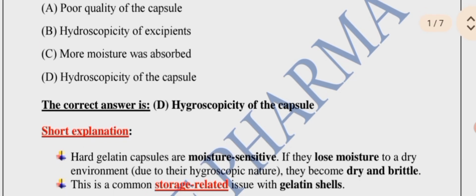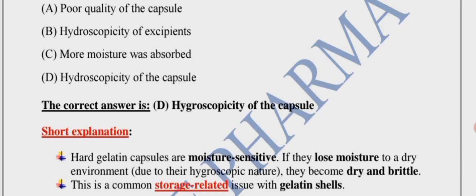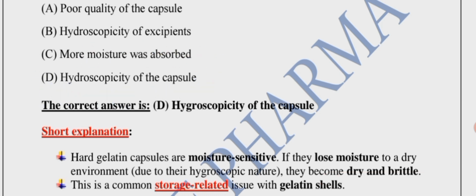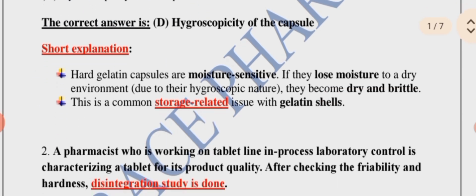ወደ explanation ስንመጣ, hard gelatin capsules are moisture sensitive አይደለ? If they lose moisture to a dry environment due to their hygroscopic nature, they become dry and brittle አይደለ? This is a common storage related issue with gelatin shells. ስለዚህ the correct answer is due to the hydroscopicity of the capsule የሚለው D ትክክለኛ መልሳችን ይሆናል ማለት ነው።